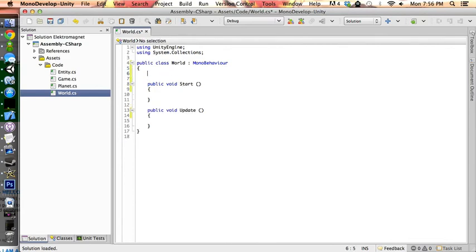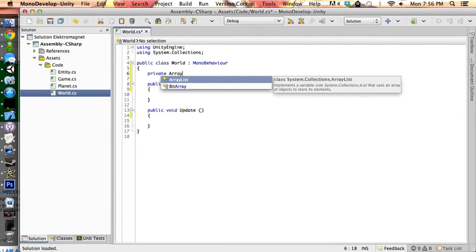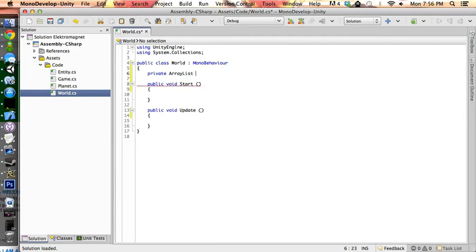So, important thing that world has, I think, is entities. Unity can't have typed arrays like that. It doesn't work. Maybe it can. I don't know. It's always been a bitch when I try to do it, so I just do it like that. It's fine. And then you just typecast. C# has nice typecasty stuff. Reserved words for that. Okay, so first thing we want, of course, is to initialize entities. Okay, great. Woo, we have a world.